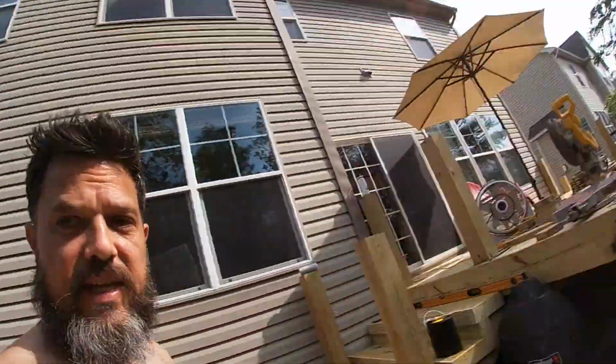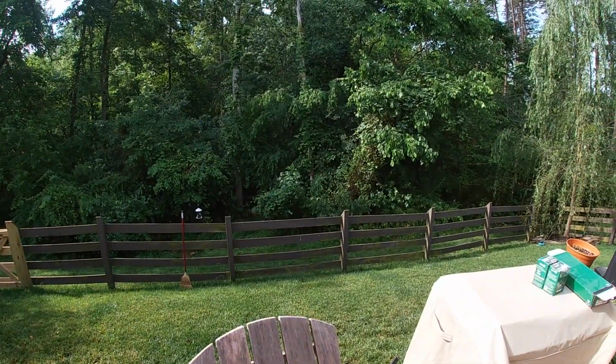Like I said before, it looks a little messy with all the screws, but that will wait a season. Then all of this trim, I'll have to tape it off so I don't get it on the other wood, but we have a solid stain to match the fence, like a dark chocolate brown. I know the fence needs some cleaning. We got some serious mildew action. But I figured I'd do the trim today while I was waiting